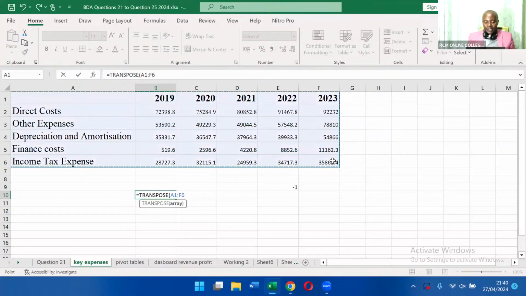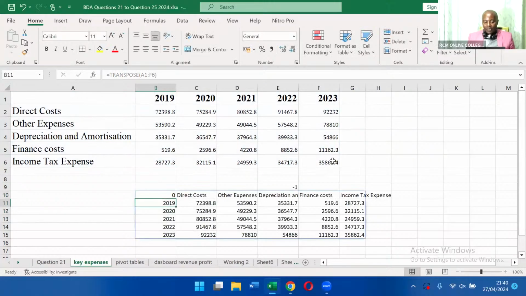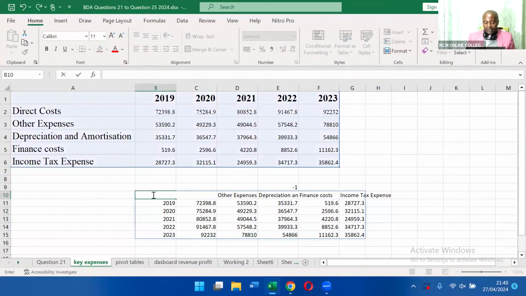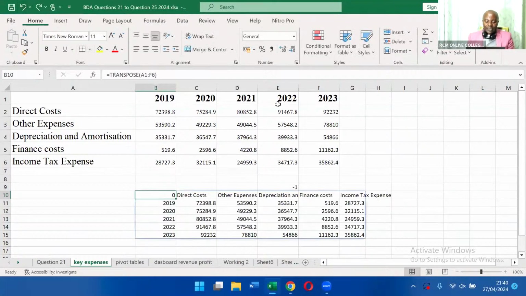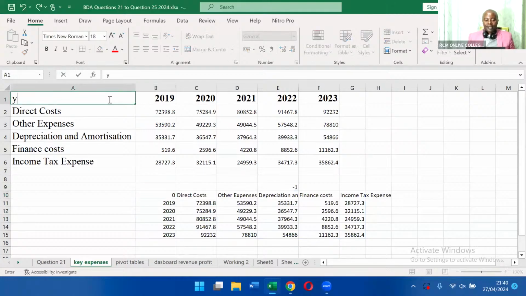All right. Enter. You don't even have to close. So when you are seeing a 0 there, please put the years, because there must be something. Put the years there, because there are many. All right. So enter, and then you highlight everything. What happened? So it means you must put the years here before you start transposing. Yes. And then, of course, because you use the formula,